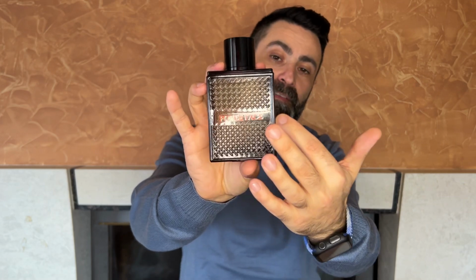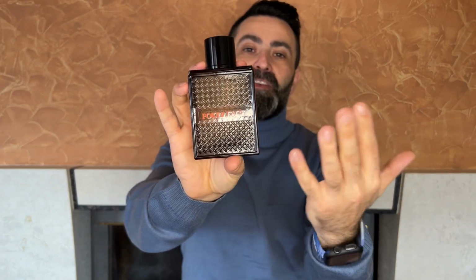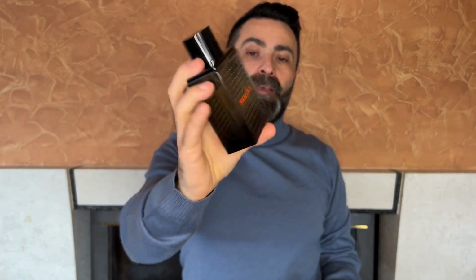So I had to put a piece of tape on it so it doesn't disintegrate totally, so this is how the bottle looks. The cap is plastic, it has some weight to it, but it feels cheap, and I will show you the sprayer in a second, and I'll talk about how similar this actually is to the real thing. Okay, let's see the sprayer in action, and then I'll go into detail about the scent profile and how close this is to the original. Okay, so the sprayer isn't bad, isn't great either,